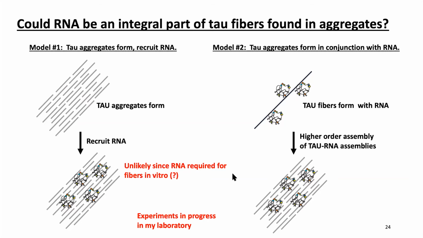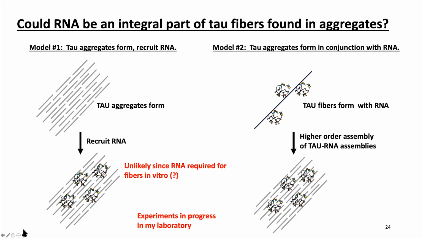And so we're trying to test the other possibility that actually what happens is tau binds RNA molecules, and that's what these little cartoons are, cartoons of RNAs, and that then that RNA actually helps the formation of these higher order structures, which end up causing these fibrillar disease events. All right, so we're working on trying to test that. That's actually not an easy experiment to do, but I hope maybe in a year or so we can answer